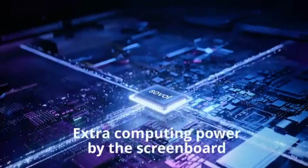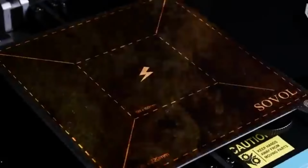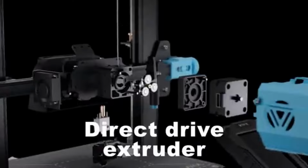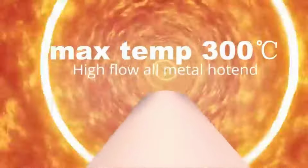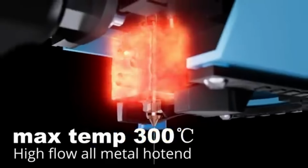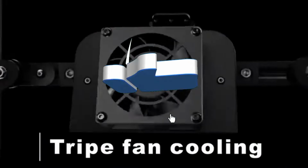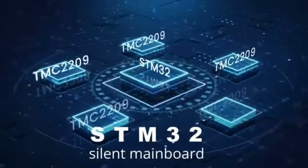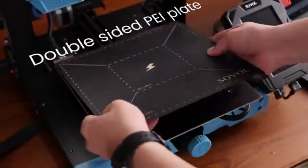The SOVOL SV07 is a cutting-edge 3D printer that combines precision engineering with user-friendly features to provide amazing printing experiences. This printer, developed for both enthusiasts and professionals, is intended to push the frontiers of creativity with its powerful capabilities. The SOVOL SV07 has a high build volume, which allows for the creation of huge, complicated 3D prints. The SV07's broad build surface accommodates different printing demands, whether you're prototyping, making functional parts, or indulging in artistic